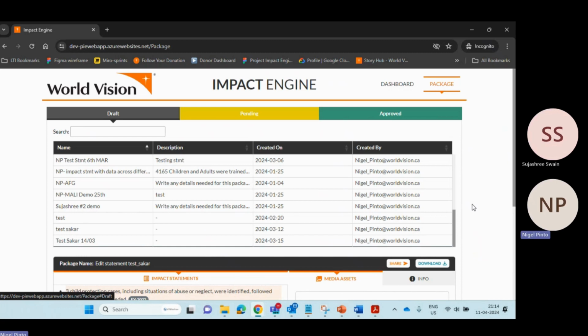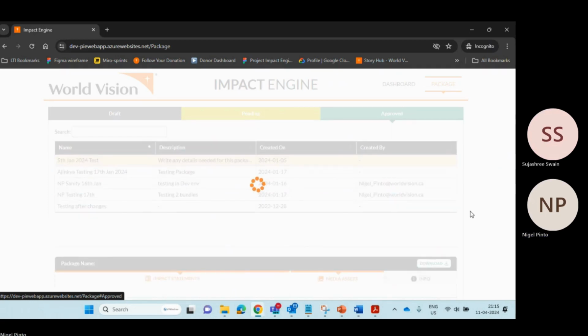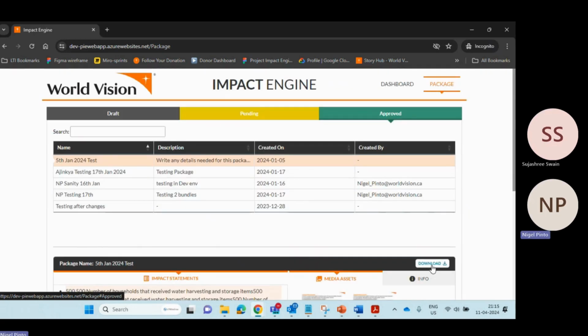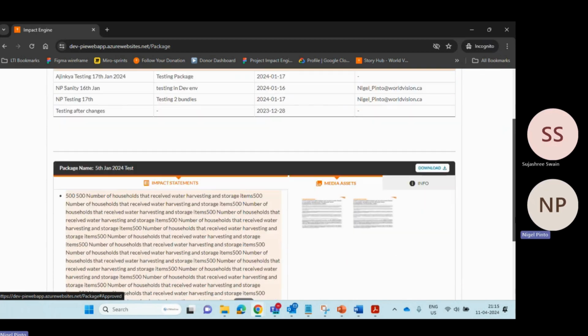So for that, what I would propose is we have this download option for draft, pending, as well as approved tabs. So on the approved tab, if we just download the approved package to share with a user who does not have Pi access, we can just download the zip file. It downloads a zip file with the statement as well as the assets. And you can just directly share it to that person via email. Just have the zip file shared over mail. So that is a suggestion for IME